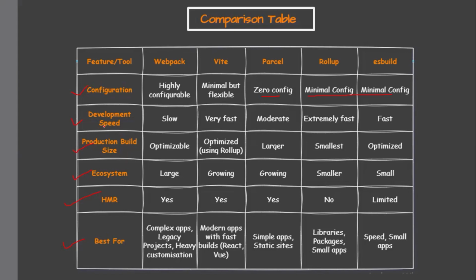When we talk about the development speed, Vite and Rollup are extremely fast. ESBuild is also fast, but if you go with a large application, Webpack may be slow, and Parcel has moderate speed. If you talk about the production build size, this is one of the crucial factors because